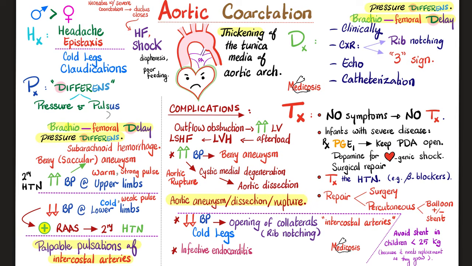And anytime you have hypotension, what's going to happen? The renin-angiotensin-aldosterone system will release tons of renin from your kidney and tons of angiotensin II and then tons of aldosterone, which can lead to secondary hypertension. Moreover, you can feel the pulsations of the intercostal arteries because of the collateral circulation, the same collateral circulation that causes rib notching. Complications of aortic coarctation include outflow obstruction, which puts a pressure and a load on the left